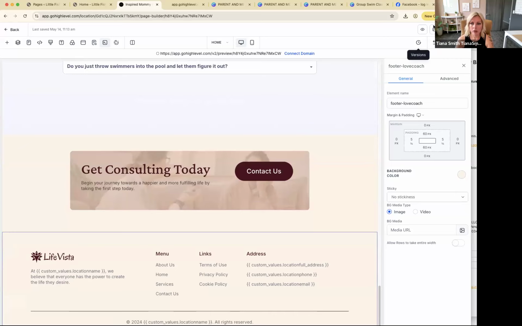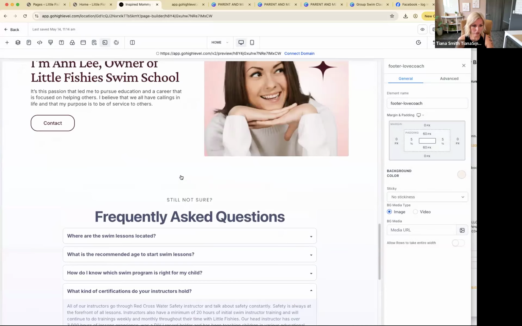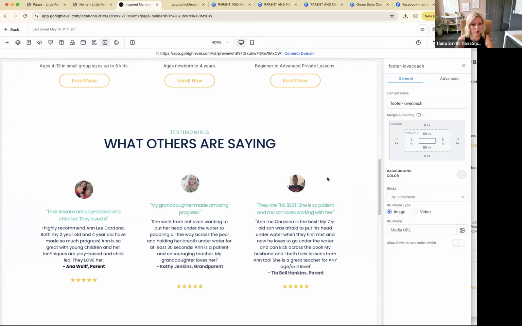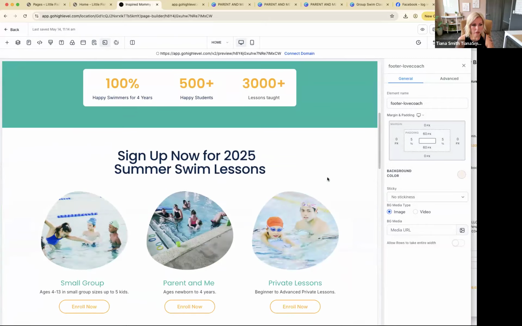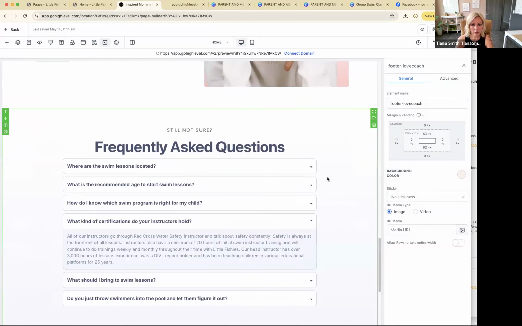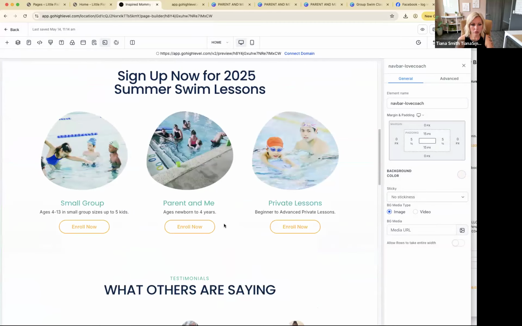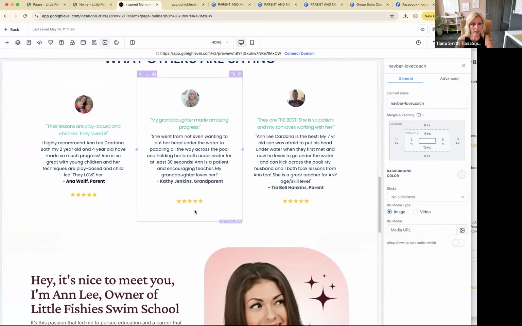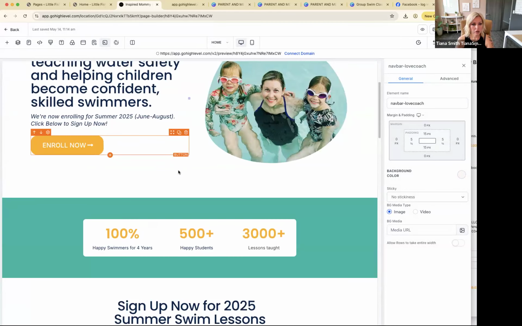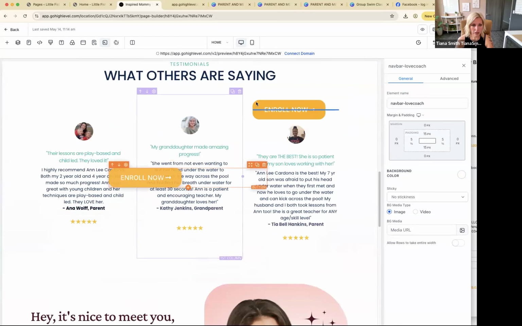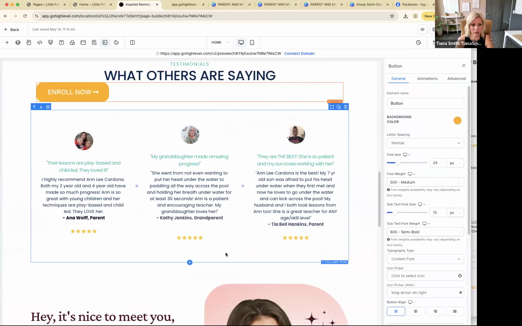So we're going to keep going. Press save. Now I'm going to use a block like this, but I'm deciding what I want it to be called. And I really want to have an enroll now button. Like I might make this scrolling with an enroll. I want more enroll now buttons. I kind of want to add it all the way through. So I'm going to see how I feel about this. Like I might add